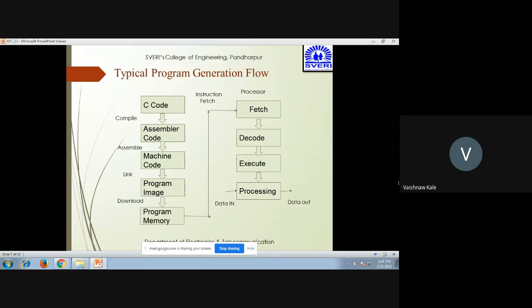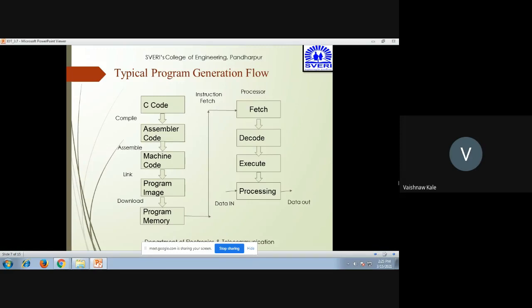This machine code is linked into the program image, which is nothing but the executable file. This program image is then downloaded into the program memory. The instructions from the program memory are fetched by the processor, then decoded, and after decoding executed, and then processed through data in and data out.